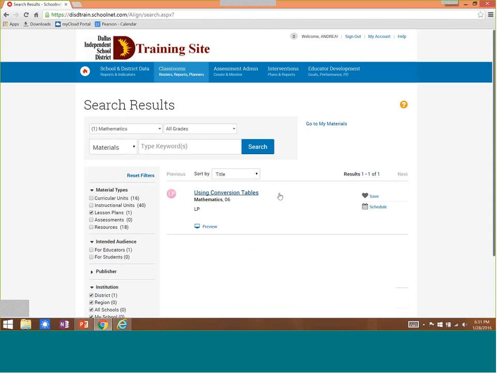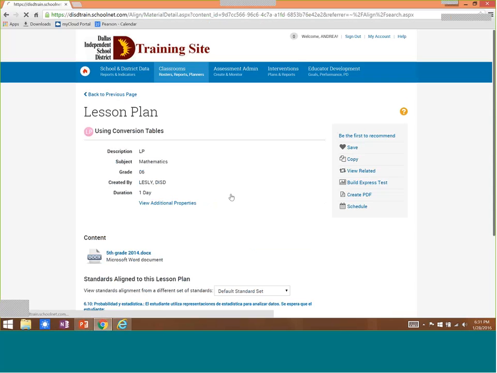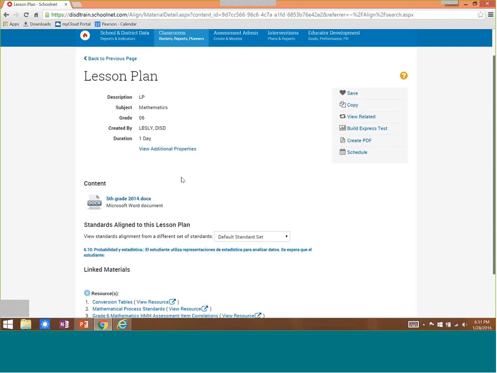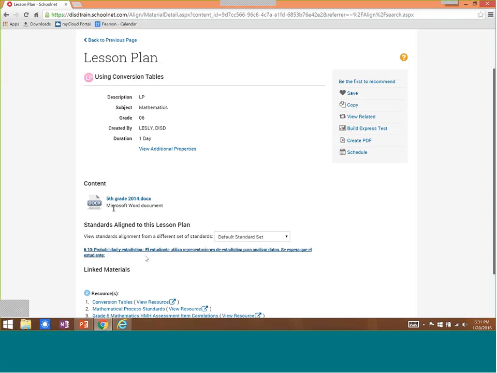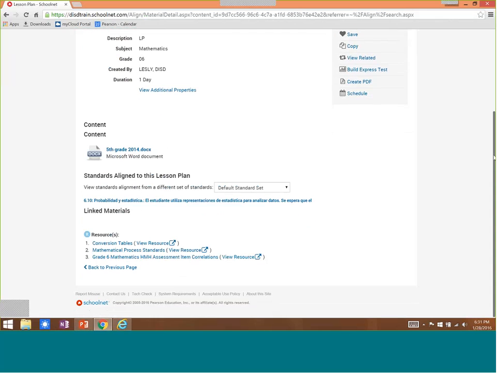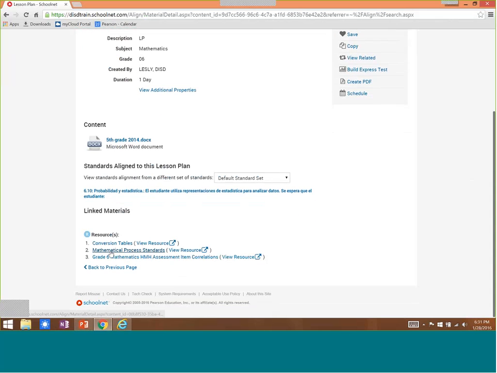So as you can see, I have a lesson plan using conversion tables. So when I click on the lesson plan here, I'm able to see that it's a separate Word document. It has a standard aligned to it. It has some resources attached to it. So feasibly, I could use these as handouts in the classroom. Now I can look at